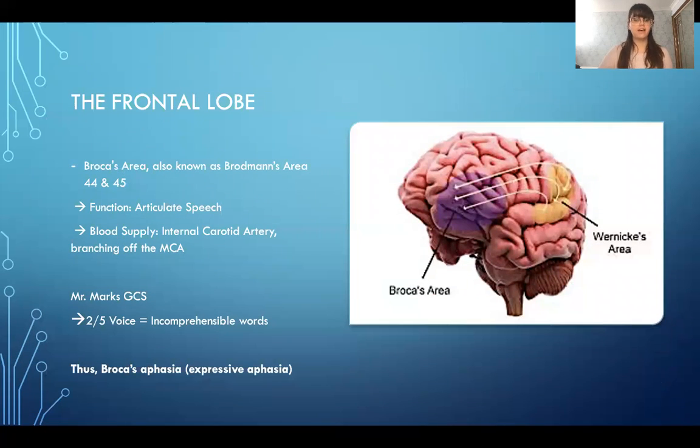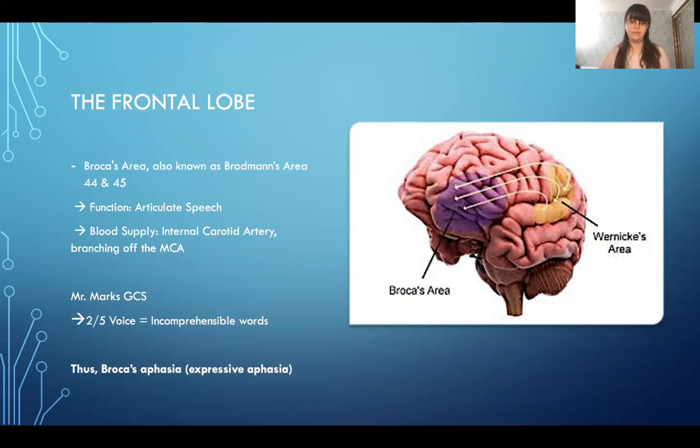Furthermore, Mr. Marks experiences aphasia. This is a common clinical manifestation when the obstruction occurs in the dominant hemisphere, which is usually the left side. Mr. Marks was scored a 2 out of 5 on the GCS, hence speech was assessed as incomprehensible. We know that speech occurs within the frontal lobe, specifically within Broca's area, which receives blood supply from the internal carotid artery